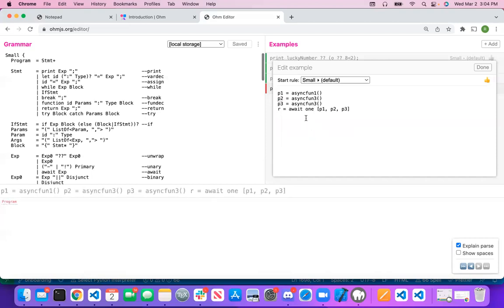Do we want new keywords for one and all? Or should we use some syntax over here? Like await star, that means all of them, and await, I don't know, question mark? I don't know, would be one of them. Await caret one, await, you know what? Language design is hard, but that's what OHM lets us do quickly though. We can type stuff in here, see how it works, plug it all in,